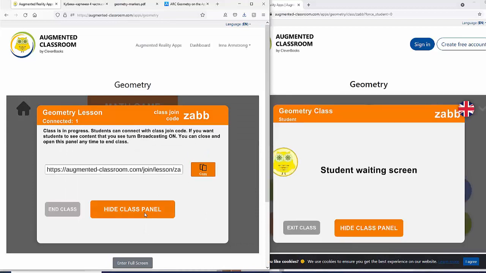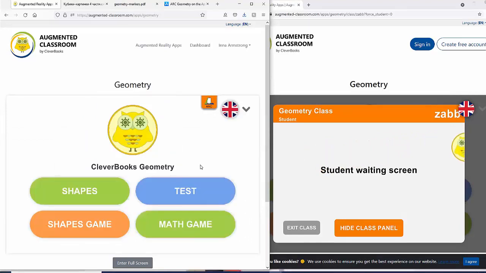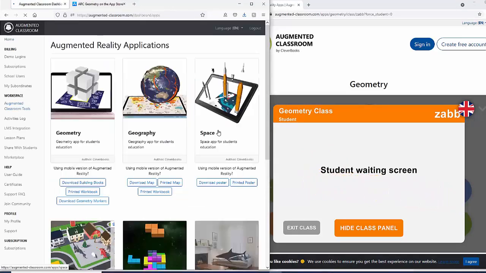So this concludes the geometry application opportunities, and you're very welcome to explore in more detail. If any questions, do let us know. Now we'll go back to the dashboard to explore geography